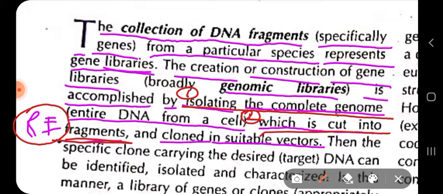As we know, restriction enzymes, or better to say restriction endonuclease enzymes, identify certain sites present on the DNA called restriction sites, and on observing that restriction site they cleave, or you can say they cut the DNA within that site or close to that site. And after creating a series of fragments like this, they are then cloned in suitable vectors.